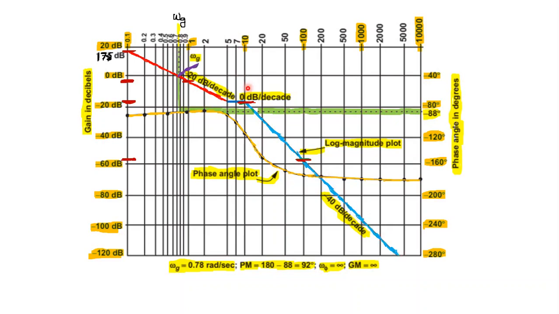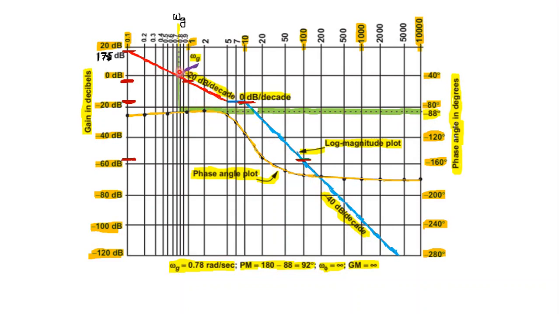Otherwise at 10 minus 17.5 means next octave 20, since it is minus 40 dB per decade, it is equal to minus 12 dB per octave. Therefore minus 17.5 minus 12 is minus 29.5. So I think minus 29.5 will come somewhere here. That also you can join and extend. So anyway you can do, that is not a problem. Okay, so this is the first slope. So mark with the red color. Then it is drawn with the dark blue color, 0 slope. Then minus 40 dB per decade, light blue color. So that is the third slope. There are only 3 different slopes, right?